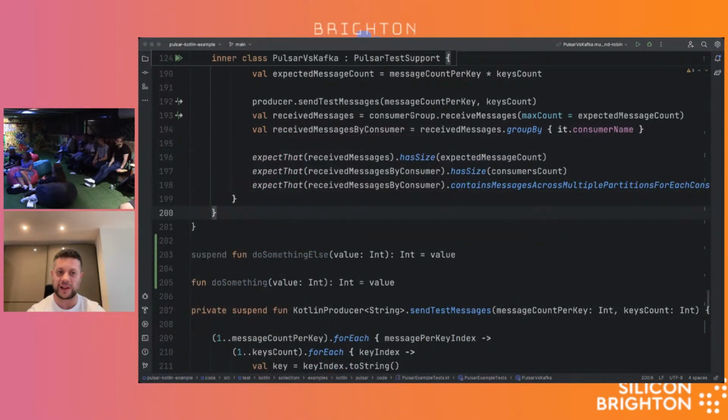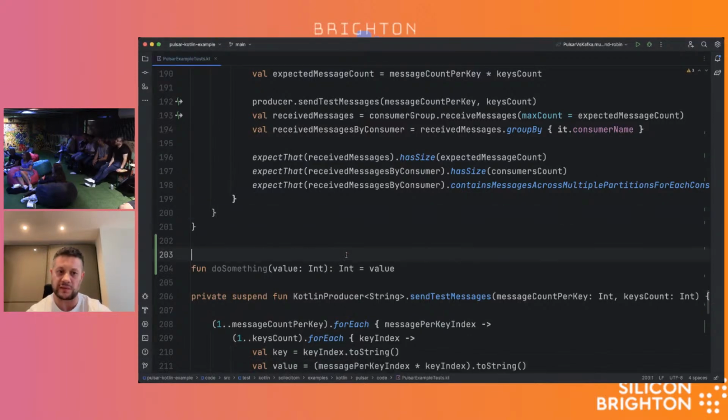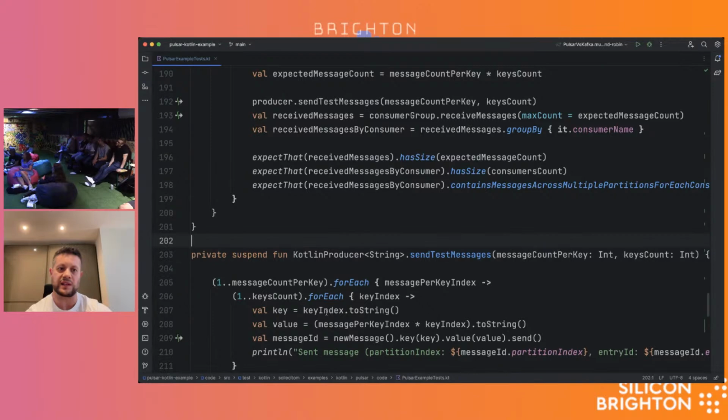Performance-wise, it's probably also faster because it doesn't have to do a lot of intermediate operations. And the exceptions, this is the last big advantage, actually. The exceptions that you get with Project Reactor and observables from Rx tend to be really convoluted. The reason is that you lose the context of where the code was. So as an example, if you map a function to an observable, it's not necessarily that easy to figure out where that happened. While with flows, it follows the normal flow.